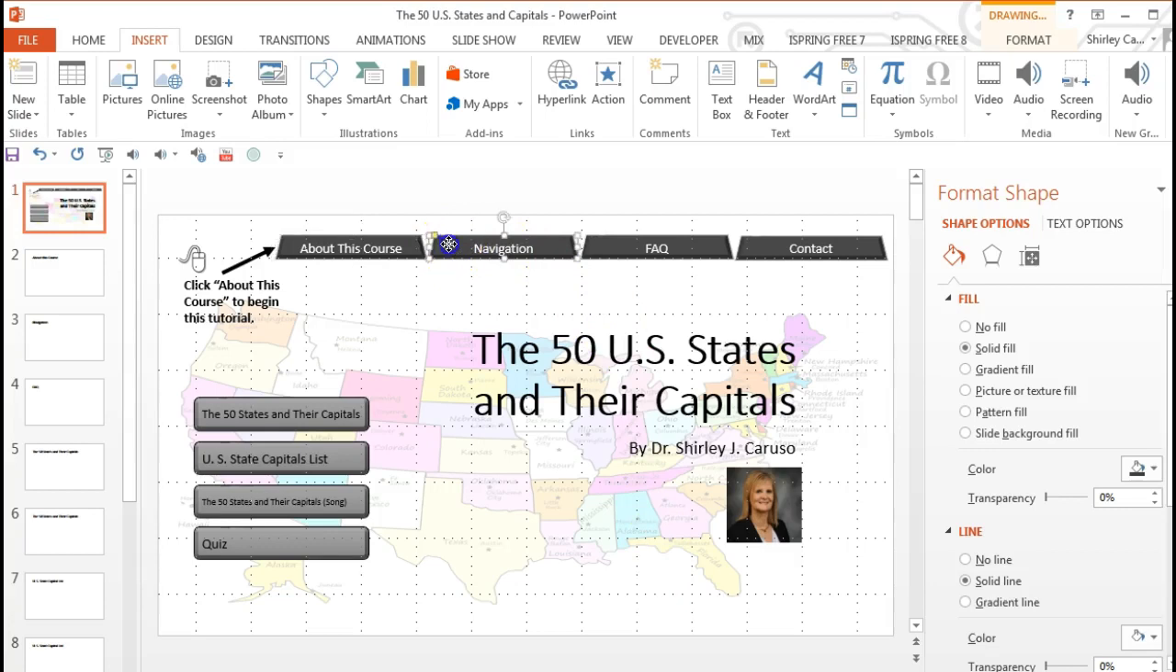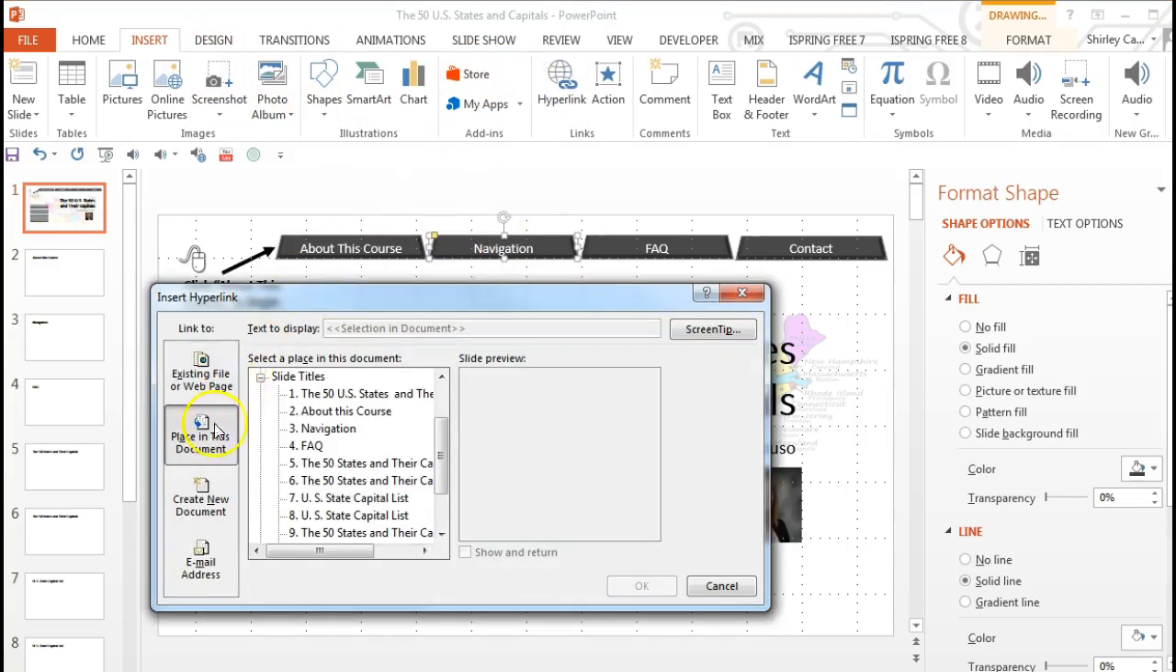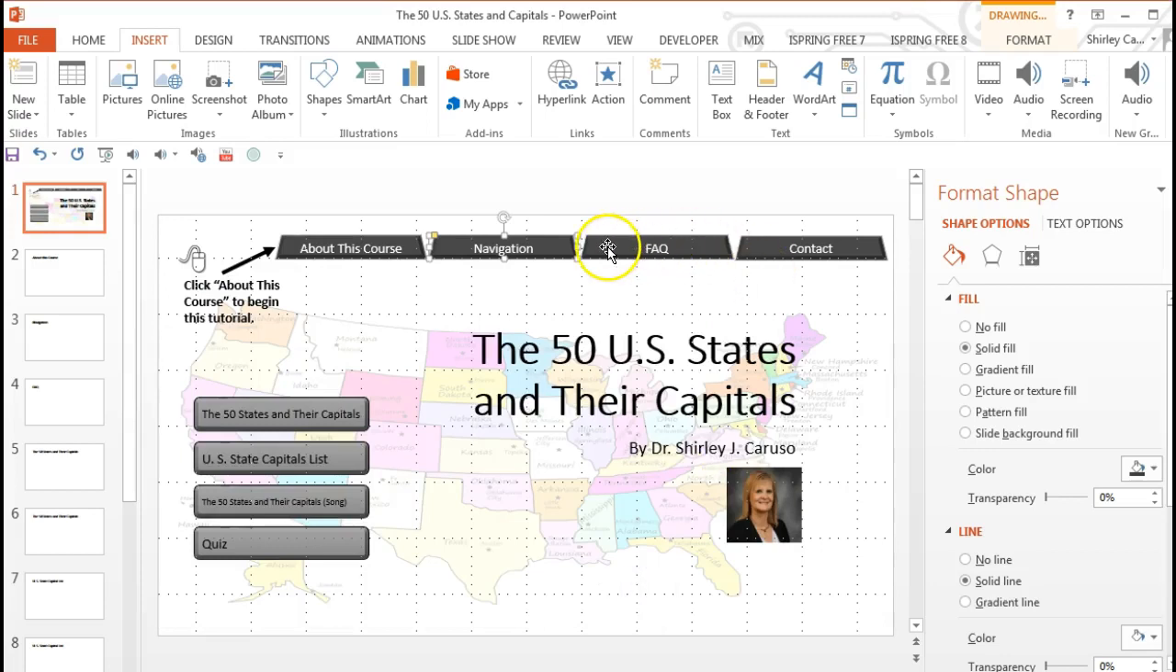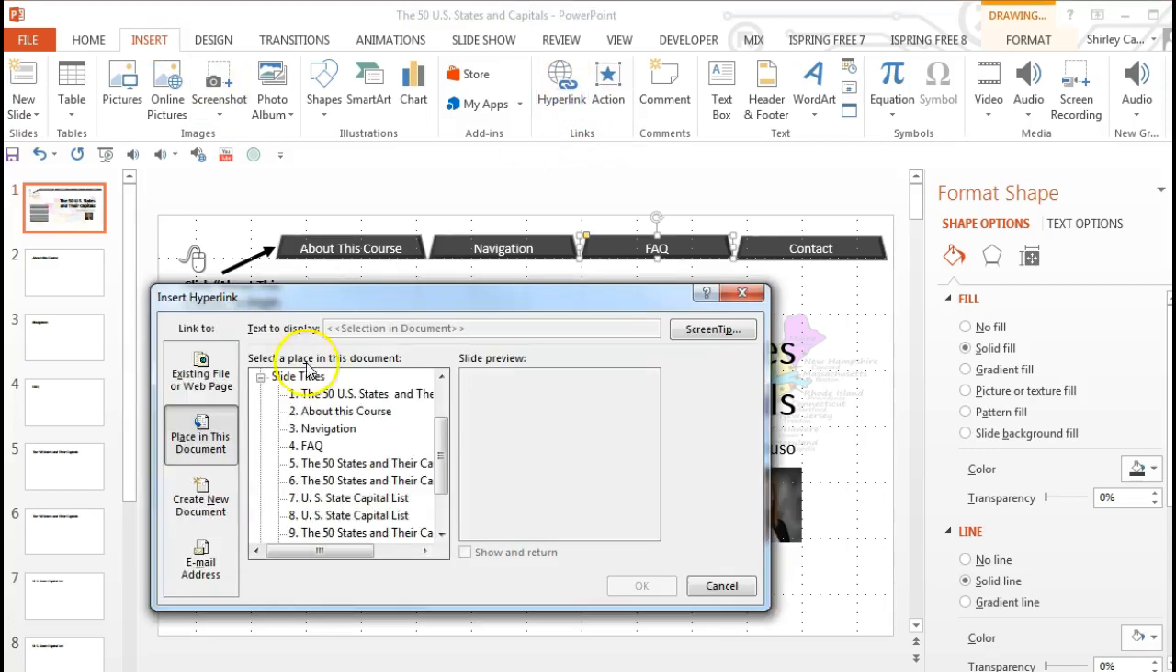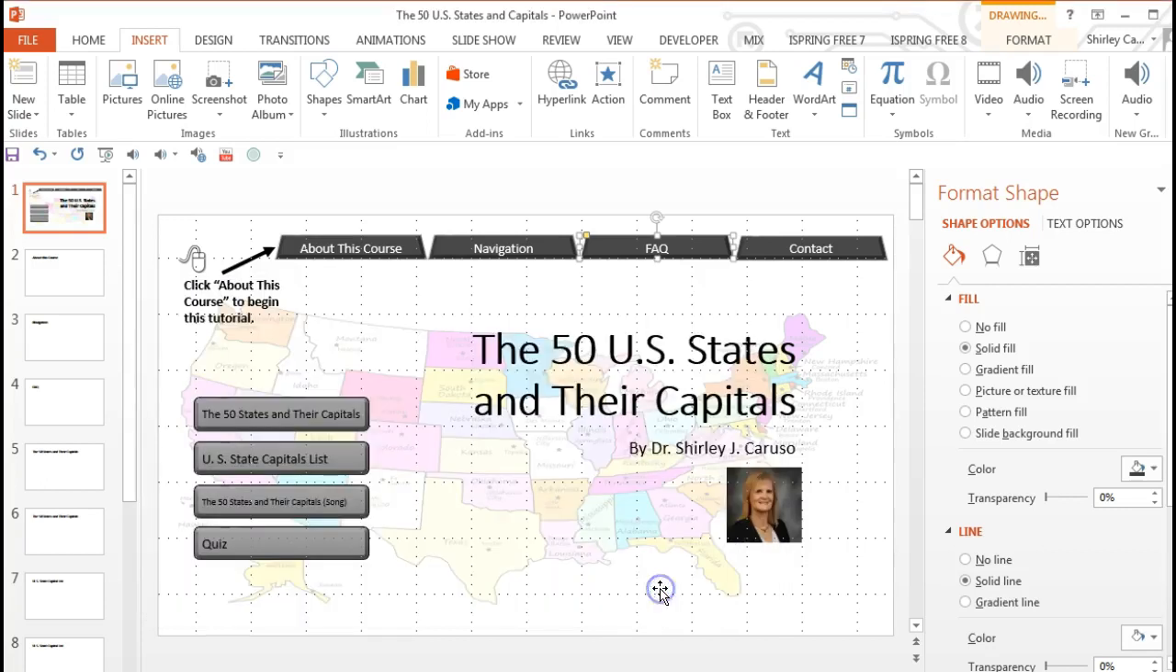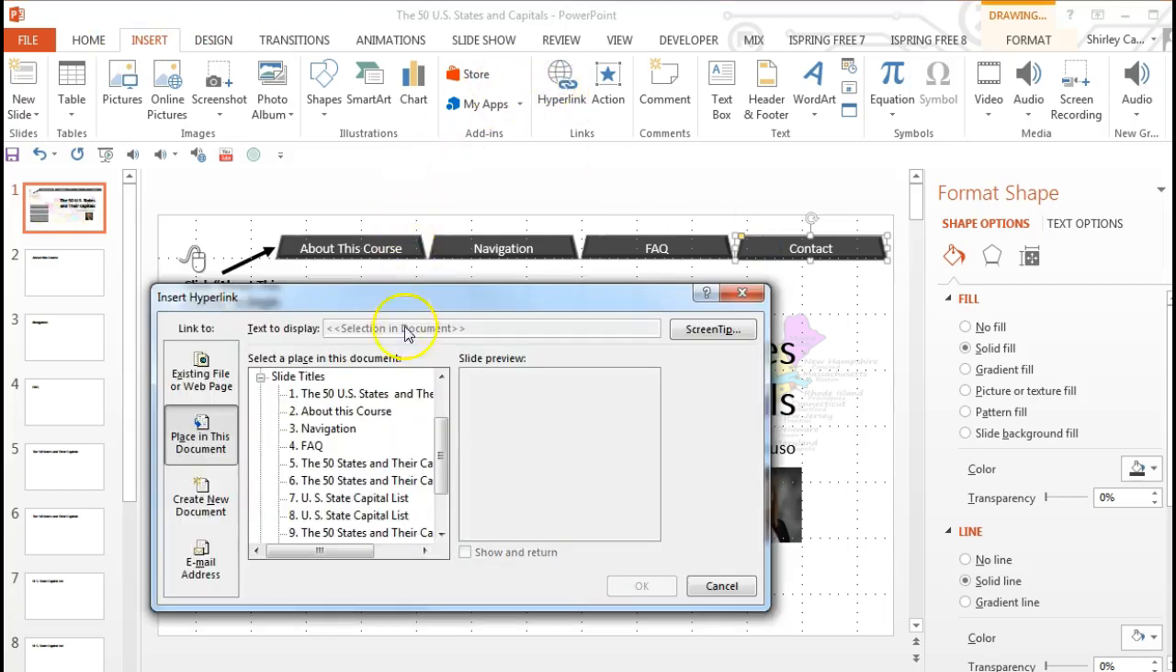And I'm going to do the same for navigation. Insert, hyperlink, place in this document, navigation. I'm going to go ahead and say OK. FAQ, insert, hyperlink, place in this document, FAQ. Contact, insert, hyperlink, place in this document,